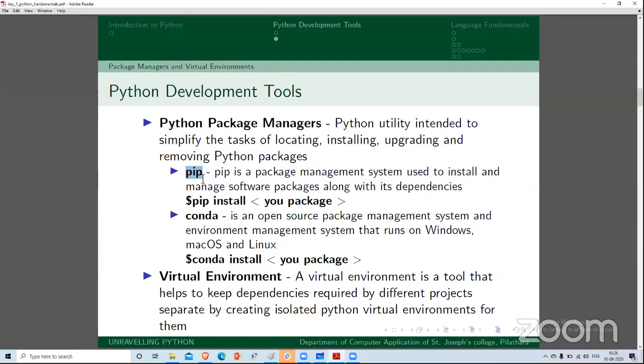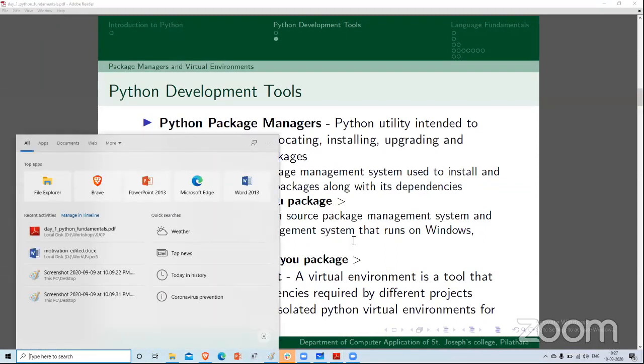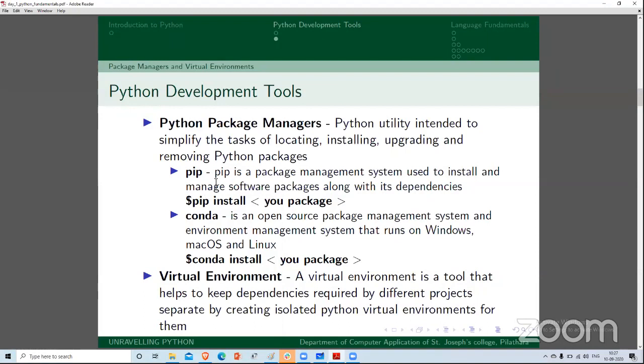To get packages from the repository, from the internet, you can use pip. I can use the pip command for installing the required package. Suppose I want to install a package XYZ, I can use the command pip install XYZ.